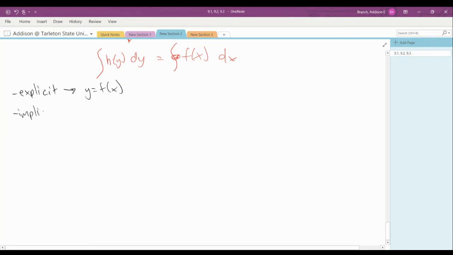Implicit is anything that is not that. So think of it as maybe being something like g of y is equal to f of x. We can't fully get rid of everything on the y side. So for example, if we had,